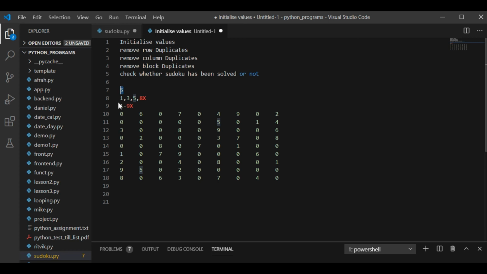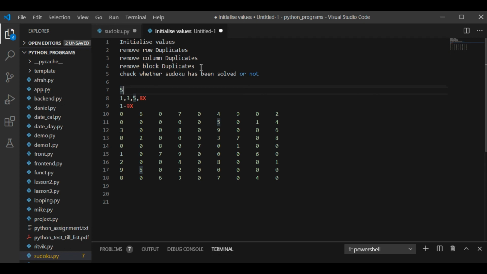I have just taken this example. You can take any of the 0 examples and you will find that we are going to work in that manner only. Now I am left with a single value, but there can be a case with more than one value. So in that case, we are going to have one more subroutine that is going to remove all the block